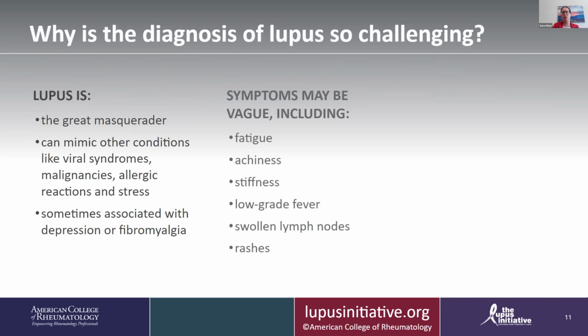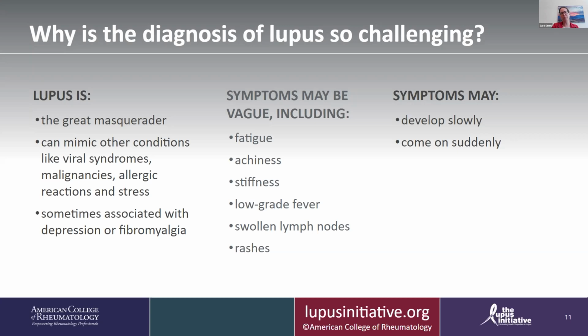So why is it so challenging? There are a couple of reasons. It can masquerade as lots of different things. I always like to say in my notes, it could be infection, it could be malignancy, it could be other autoimmunity. So it's a great masquerader, and you have to know when it's lupus and what's specific for lupus and